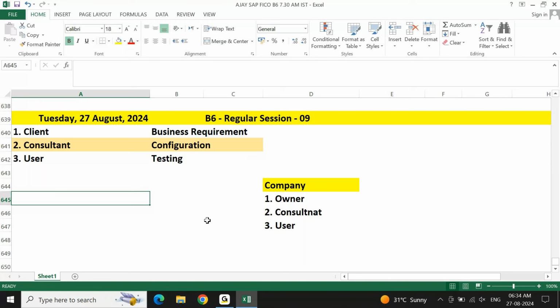You will not do configuration if you don't know the requirement. You have to reach to a level. If there is no requirement, you cannot do anything. No requirement, no config. That's it. Simple. Config is always based on the requirement. Not configuration is based on my training video. Configuration is based on my Google source document or XYZ source document. It is not. It is purely based on business requirement. No requirement, no configuration.